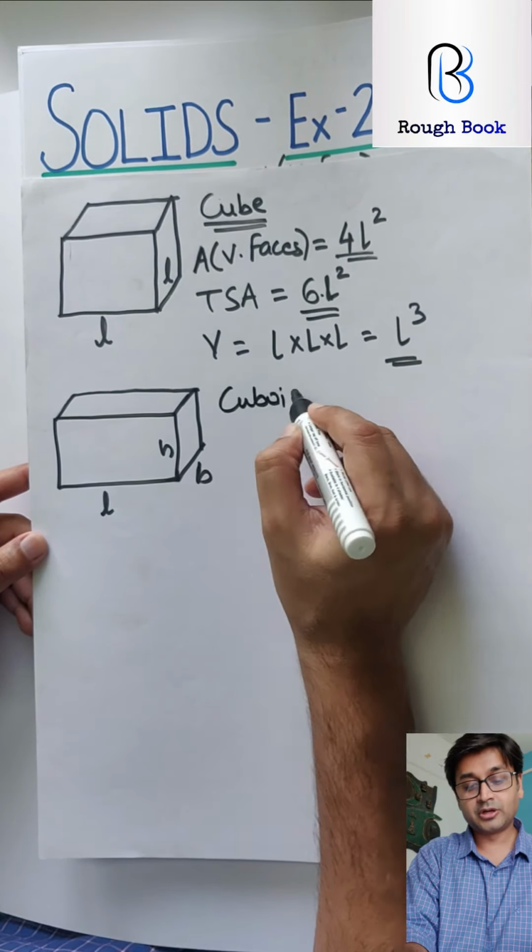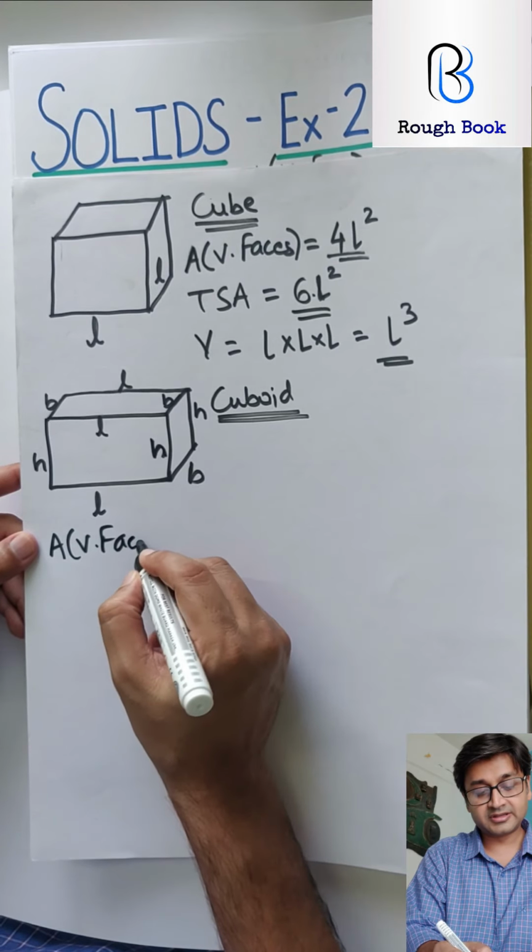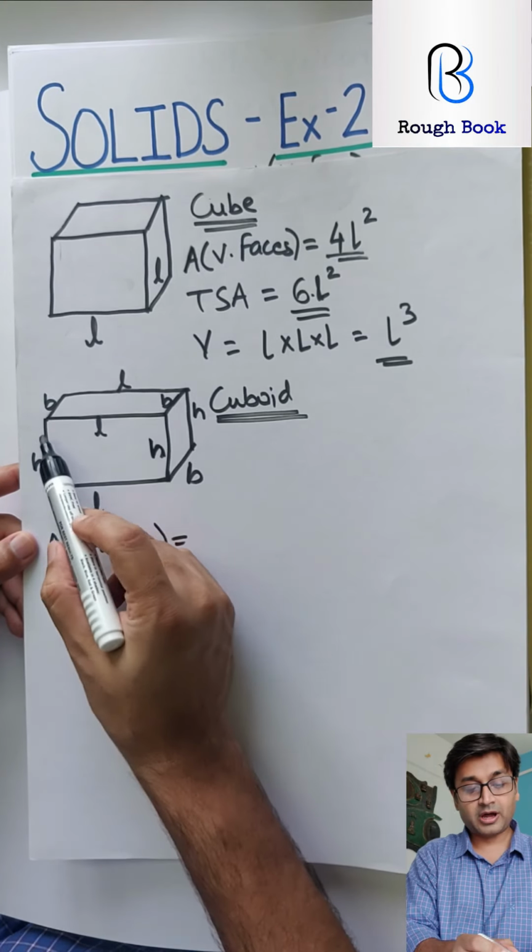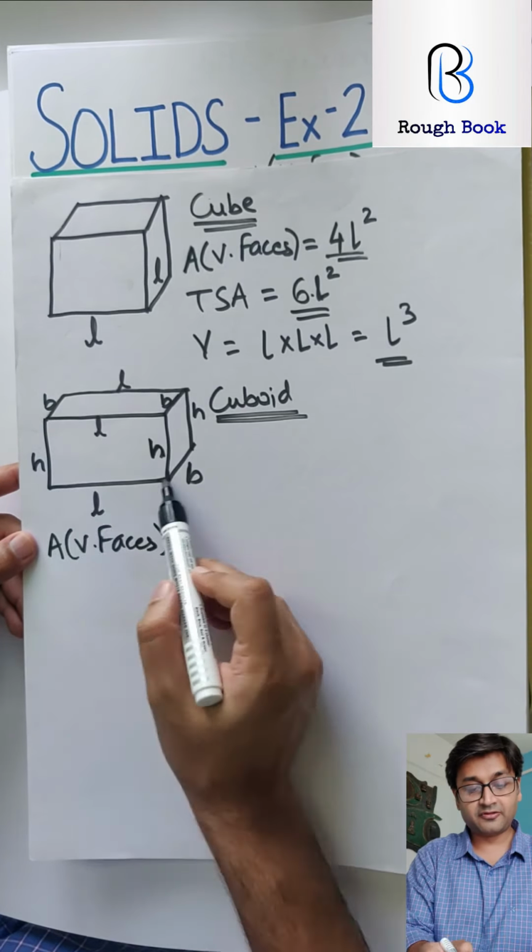it's going to be fun. So this is height, this is also height, this is breadth, this is also breadth, length, length, and height. So all the dimensions are given, right? Area of vertical faces. So one vertical face is this one, length into height, correct? And how many such faces? Two. One wall on this side, second wall on the other side. Likewise, this vertical face on this side, breadth into height, and same on the other side.